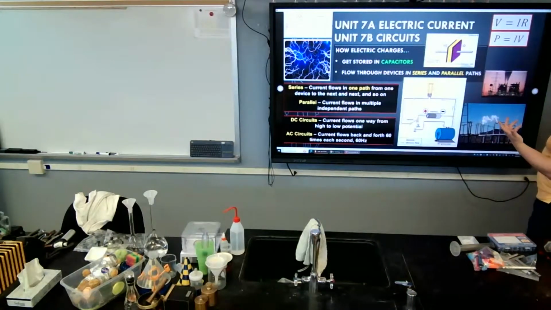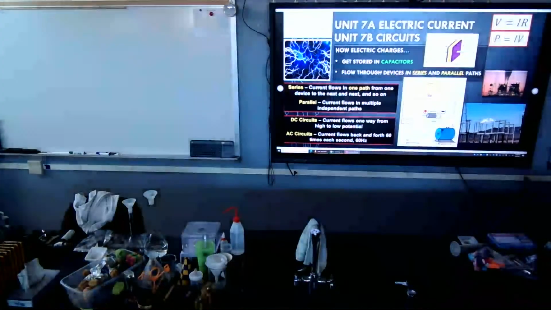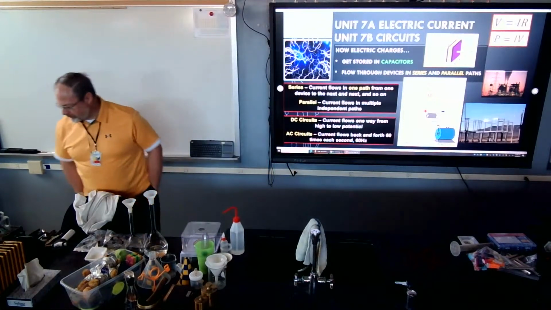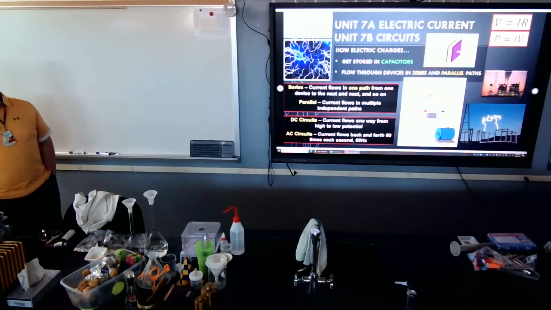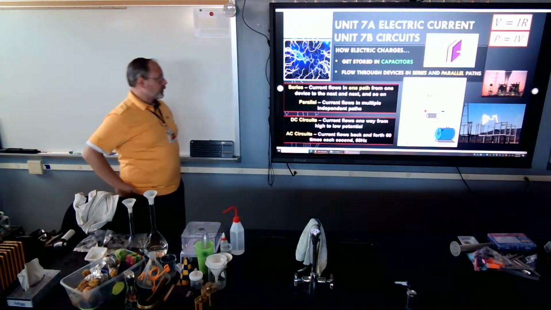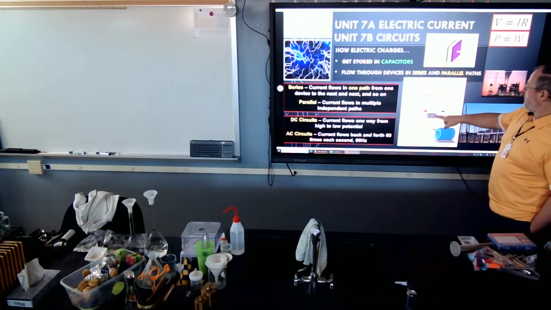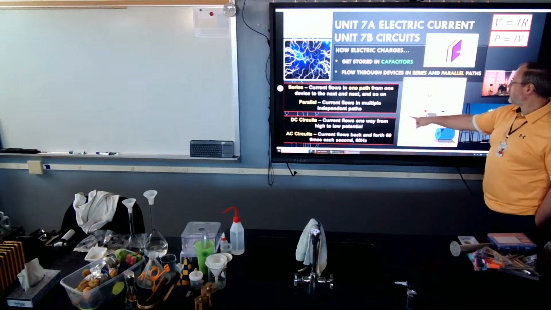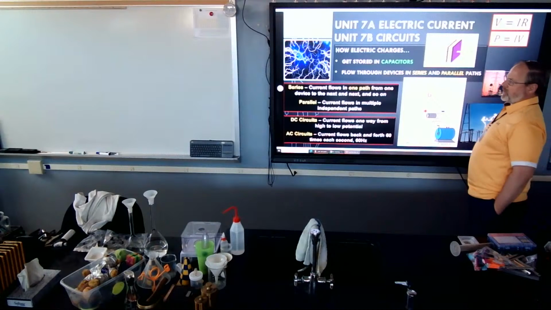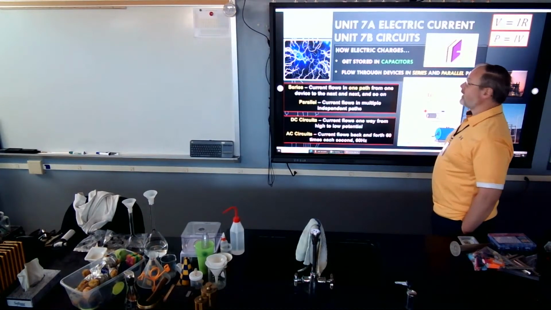So electric current, this is probably the one thing that you've been most exposed to in your life. It's electricity. It's the movement of charges. One thing that's really important is the idea of conventional current, and that is positive charges moving. I don't know why everyone decided to make it this way, but in conventional current, positive charges move from the positive to the negative. They leave the positive pole, they go to the negative pole. It's really strange, but that's what they do. Realize that positive charges don't move, electrons move, and they create electric fields, but that's what they mean by conventional